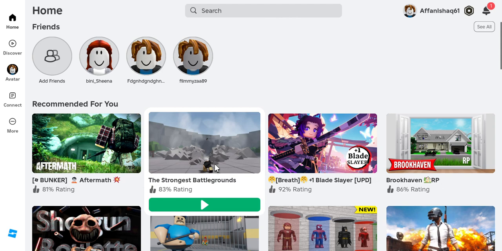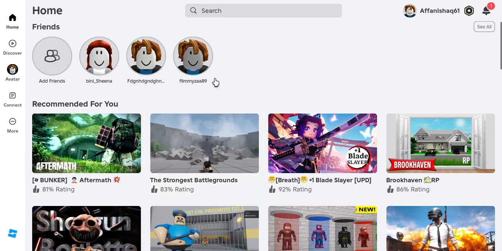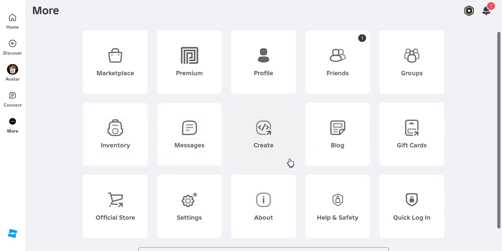First, make sure the Roblox is already installed in your computer. Just open your Roblox. Then you can see the top left corner the more button. Click this and then click the create button. And now you can see, click the creations, then click the profile,